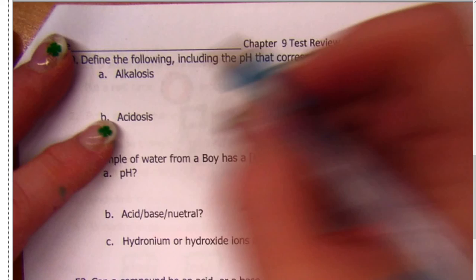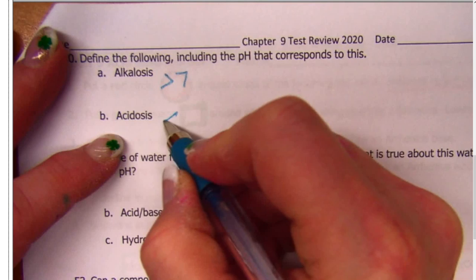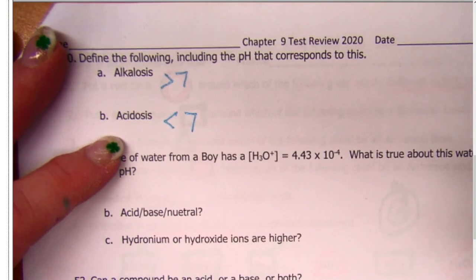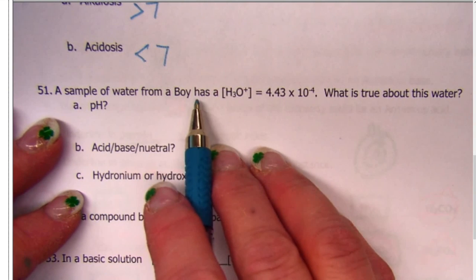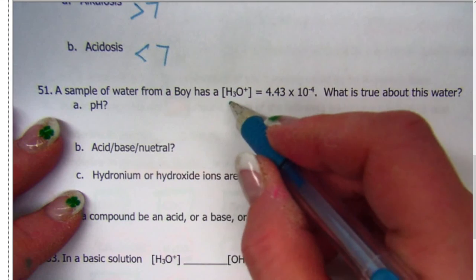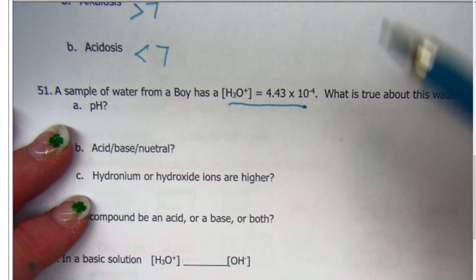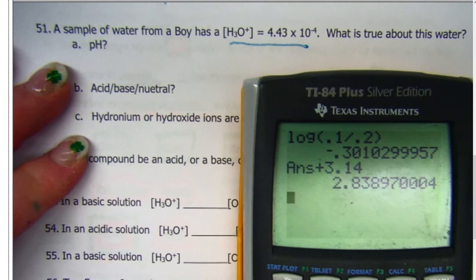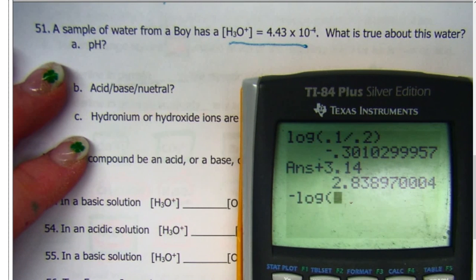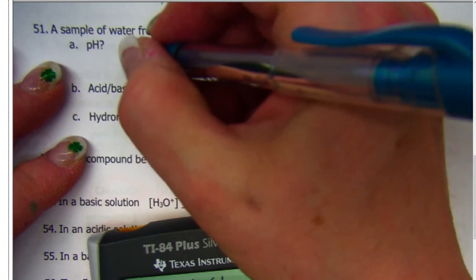So, alkalosis means I'm going to have a pH greater than 7. Acidosis, pH less than 7. Pretty easy. All right, a sample of water from a buoy has this much. And when they say water sometimes, anyway, we're just going to go with it. What is true about this water? Well, we can figure out the pH by going negative log of 4.43 times 10 to the negative 4, close parentheses, and we get